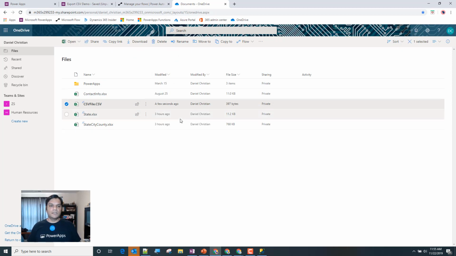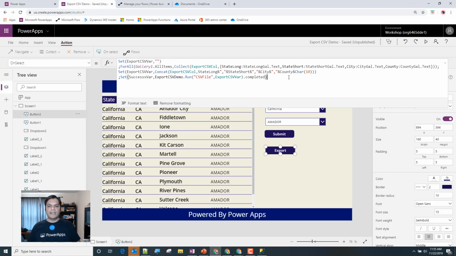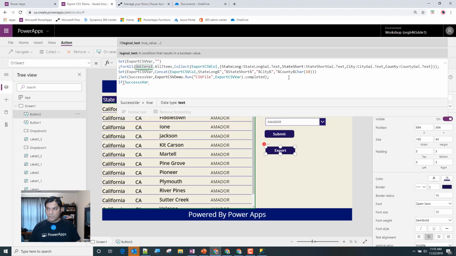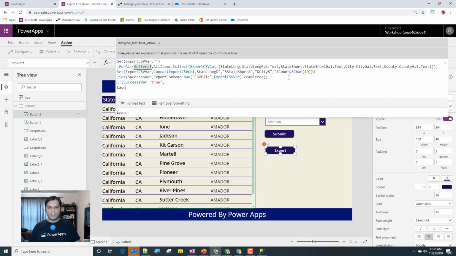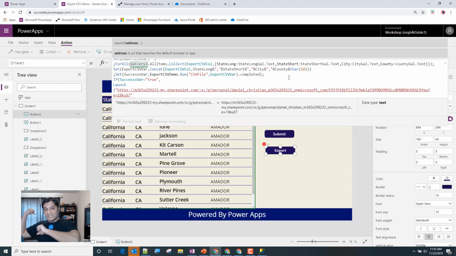All right, now that I've copied it, I come back to my Power App, and on the export piece over here, I add the final finishing touch to the formula. I'm going to say if success variable equals true, go ahead and launch using the Launch function, double quotes, here is the URL I just got from OneDrive. And then I'm going to add an ampersand, actually, it's not a question mark, an ampersand. Download